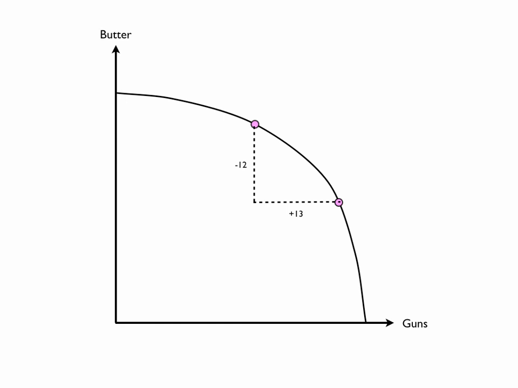So for example, forklift drivers can easily be working in the gun factory moving armaments on pallets, or they can be in the butter factory moving pallets of butter. So things like forklift operators can easily move between the two processes. And there are many people who are like that, many different types of jobs that can easily be used in the butter industry or in the gun industry. And therefore, when we're in this mid-range, the cost is going to be relatively constant or fixed. It's not going to have the increasing or decreasing properties that we get at the end.